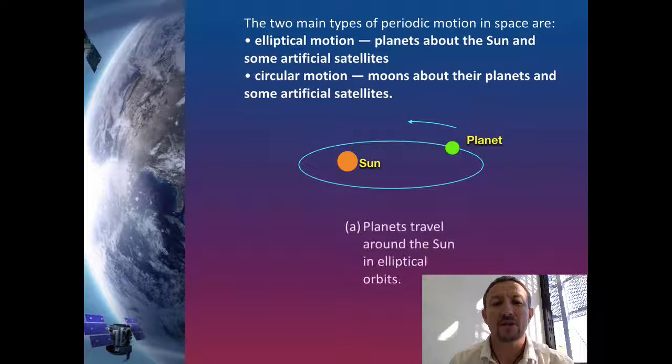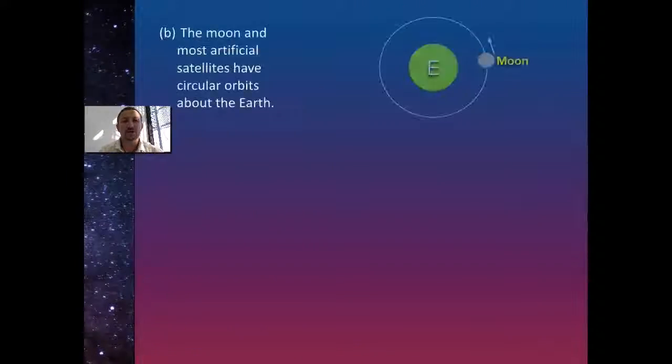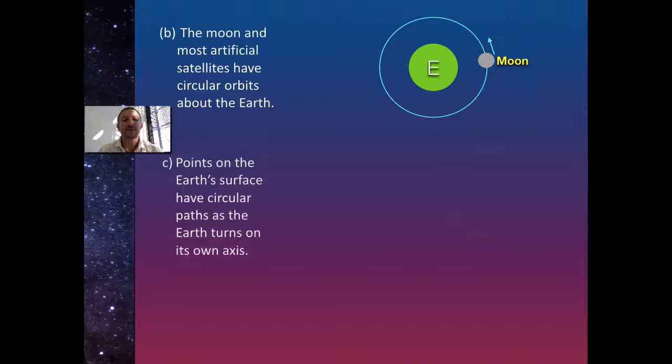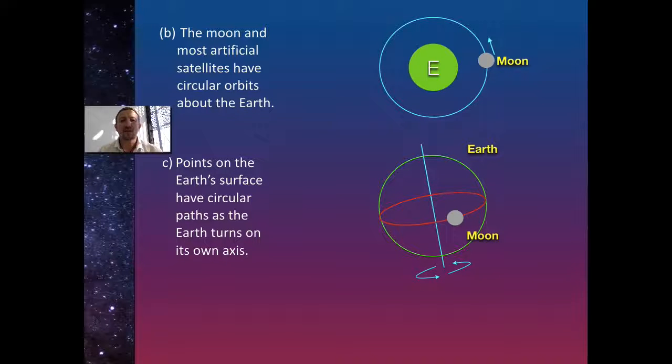So we get a scenario that looks like this for the elliptical motion. For the circular motion, we'll get something that looks like this. Here we've got a moon going around the Earth, and it's again in a circular motion. Our satellites will do exactly the same thing, such as our communication satellites, our weather satellites, our TV, you name it. Then we've also got the idea that on the Earth, points on the Earth's surface also will